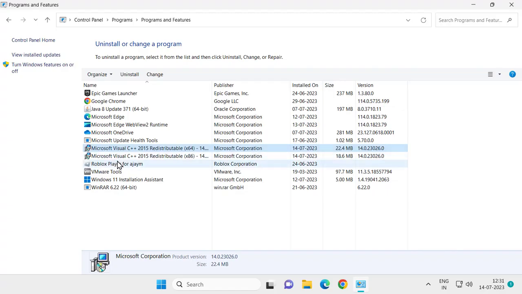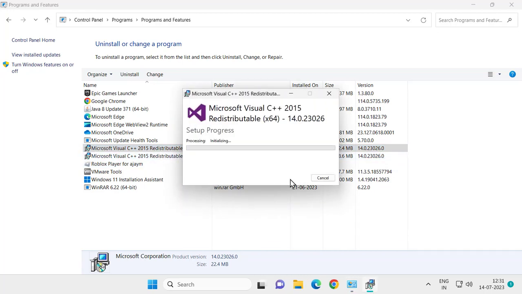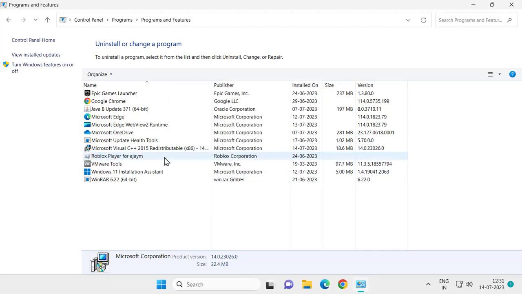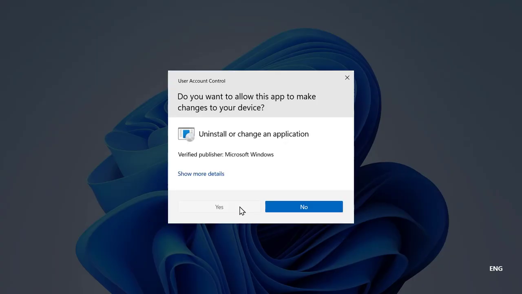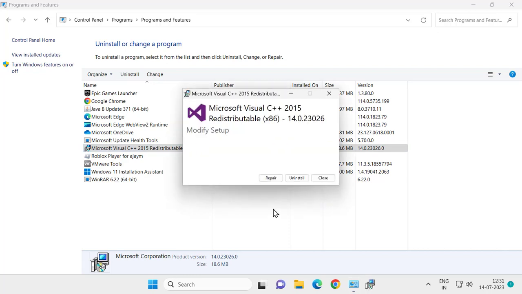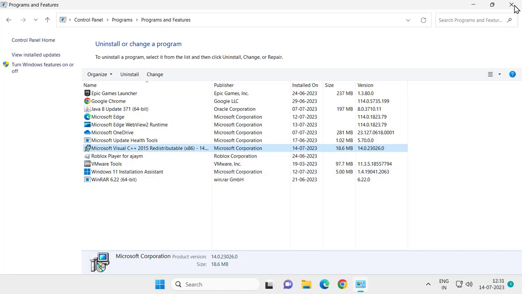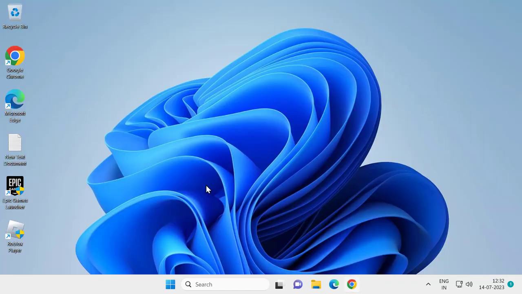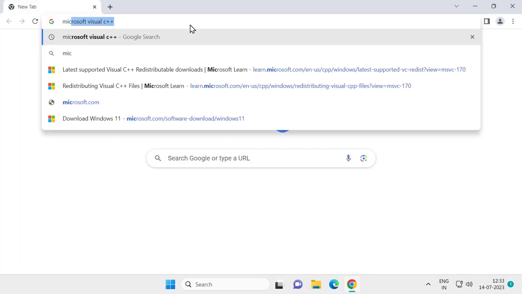For that, click on uninstall 64-bit and 32-bit, click on uninstall, close out of here and uninstall the same thing 32-bit, click yes and uninstall it. After uninstalling it, close out of here, open up Google Chrome, search for Microsoft Visual C++